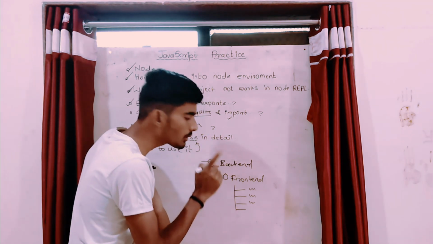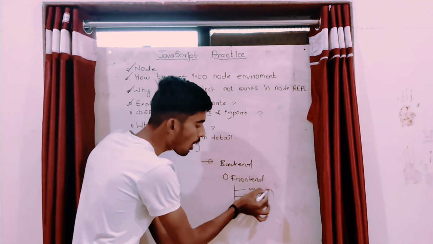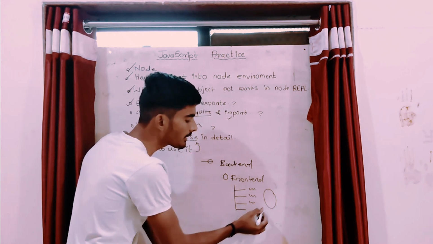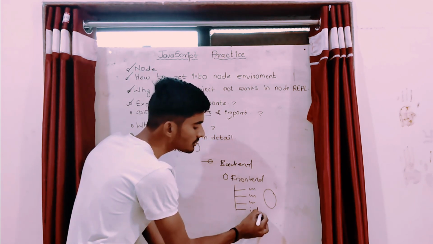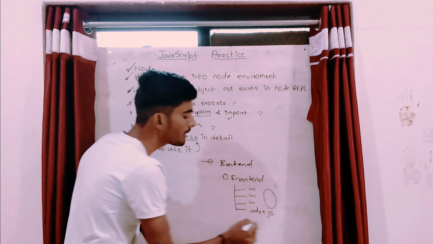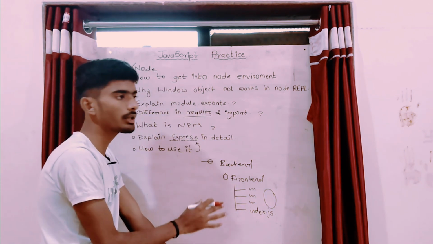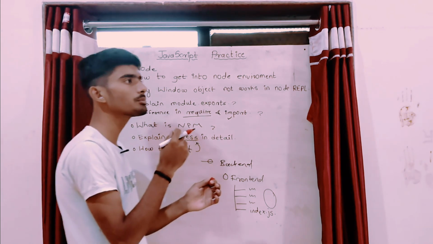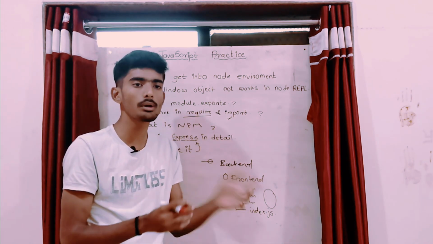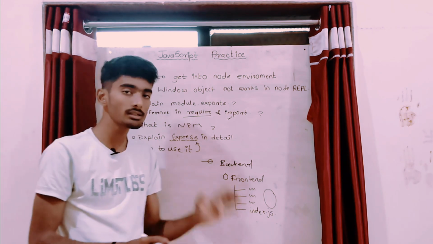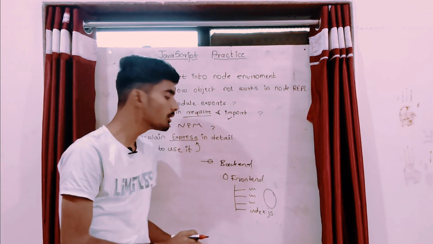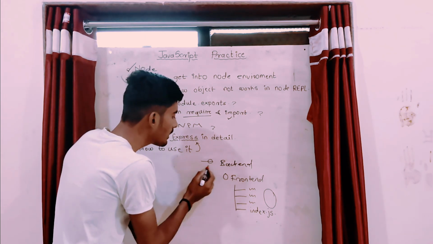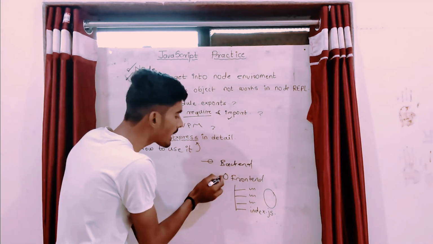You have to use one technique: combine all the data. That means you have to export all the data, and require that data into a single file, that is index.js. Index.js should be the name of that file. It is not just a name that was given arbitrarily; index.js is specifically the name for that file. When you want to access the data of many files from a file outside of the directory, then